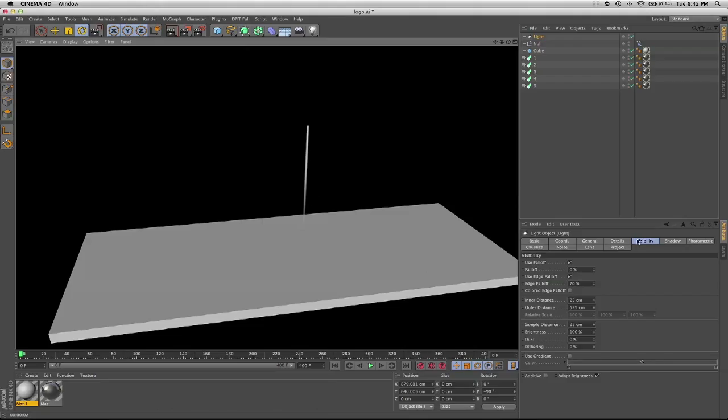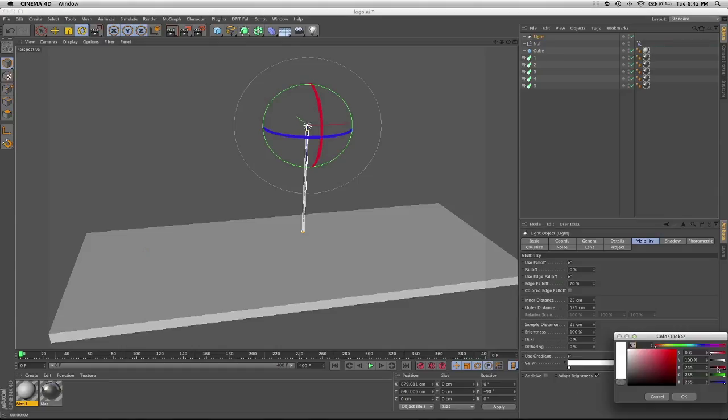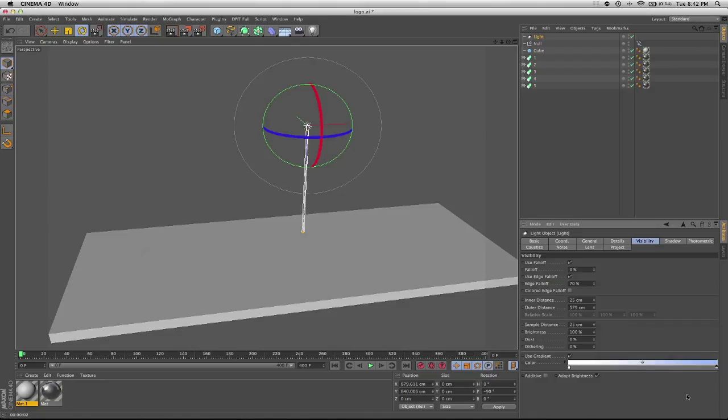If we go down under visibility, select use gradient. Okay, and we're going to start from white, and we're going to go to kind of a light blue. That looks good there. And we want a little more blue, so I'm going to drag the blue end down here. Okay, so now if we render it,